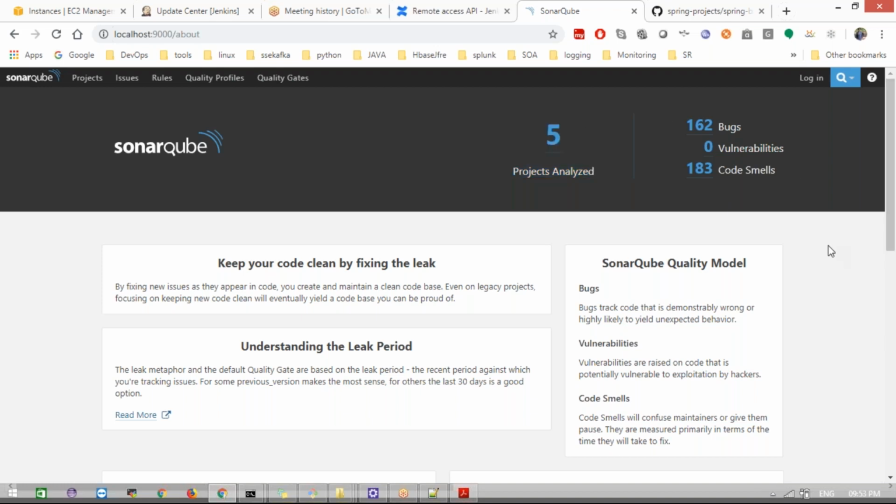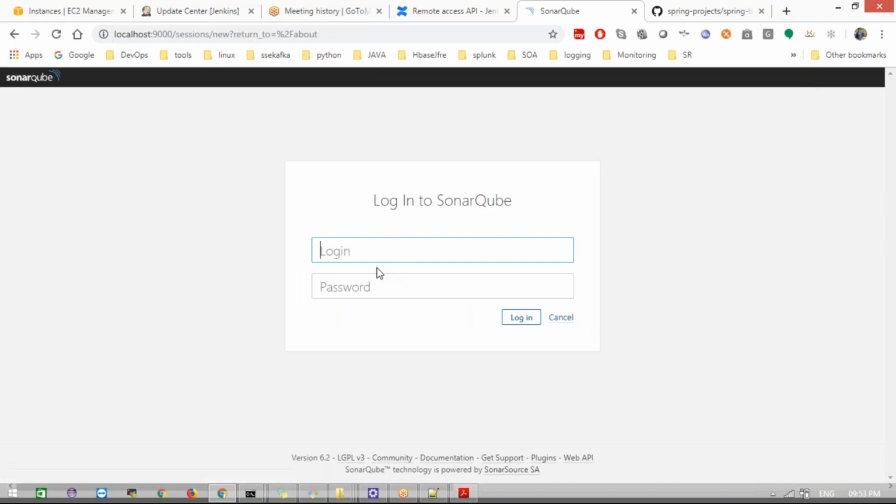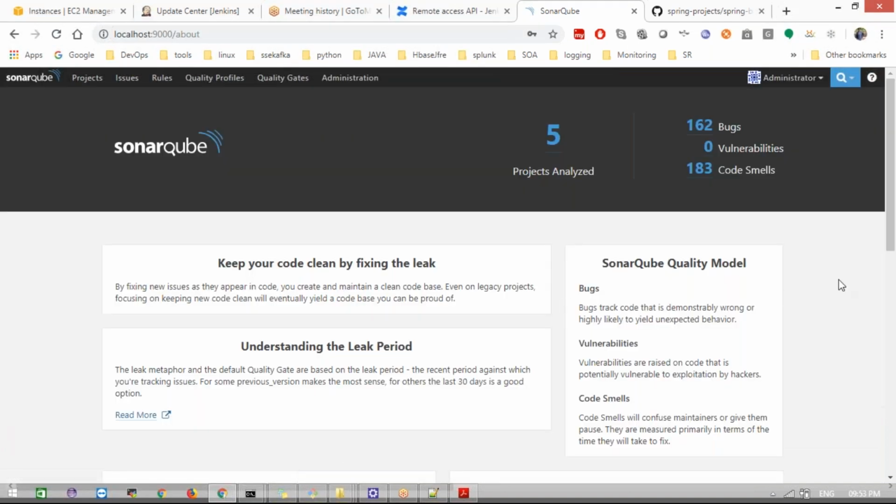Now don't look at this. Okay, now go to login. For you guys it will be 0, nothing. I'm going to log in. What is the default username? It's admin, and admin is the password. Okay, see carefully what I'm doing. Don't look at that side, this side, and don't chat on WhatsApp.